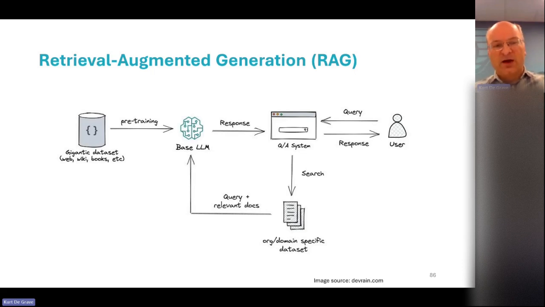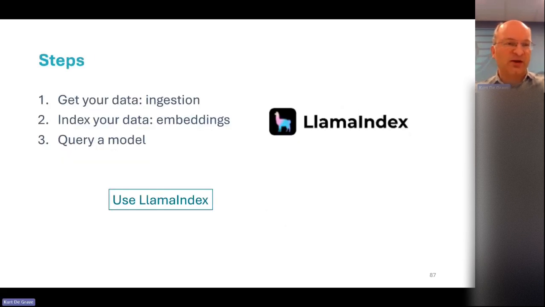So then the trick is how to get these documents into the model, or how to make the model take those into account when answering your question. That's what RAG is for. So first you have to have those documents ingested. They need to be read by your code. You compute embeddings for your data.